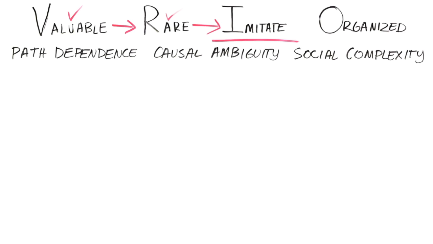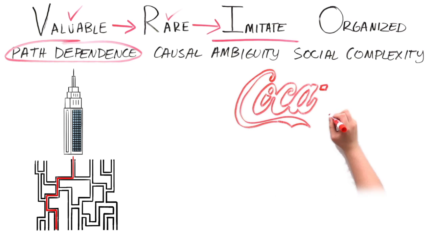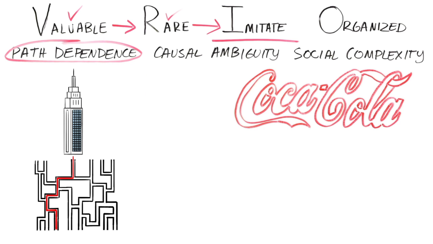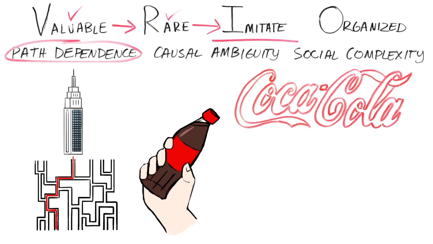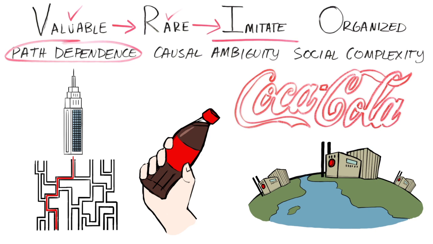First, some resources or capabilities are the result of a series of unique decisions that have occurred over time. In other words, the firm has progressed down a unique decision path over time that has led to the creation of certain resources or capabilities. Because these resources and capabilities depend on the specific decision path, we call this path dependence. For example, Coca-Cola's huge international market presence traces back to a decision in World War II by the U.S. Army to put a Coke within arm's reach of every soldier. Coke built plants in Europe and the Pacific Rim, and after the war they could use these plants to enter foreign markets.